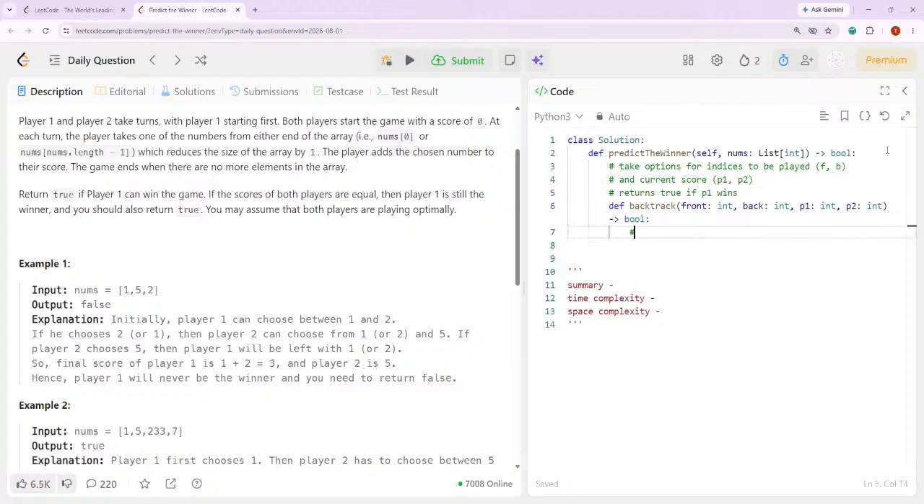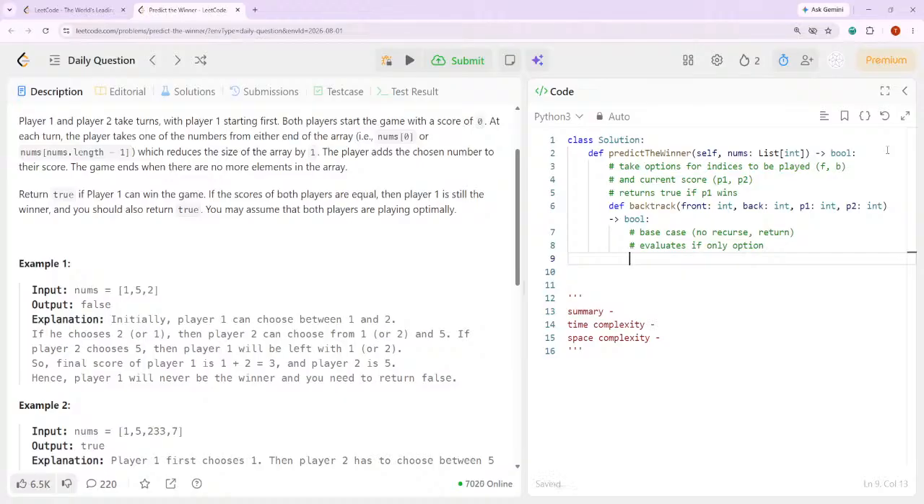Okay, and then I always do recursion. I generally do recursion by base case. So this is the no-recurse return, which evaluates if only one option is left. If only one option is left, that means the player takes that option and then the scores can be evaluated, right? So if the front index is equal to the back index, then